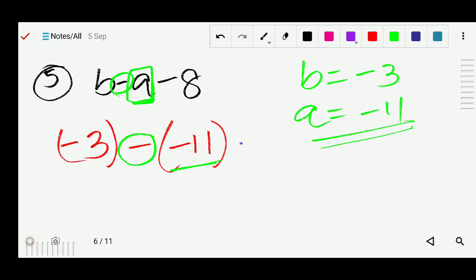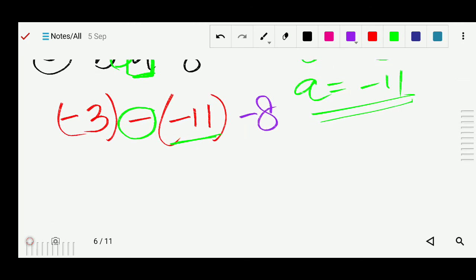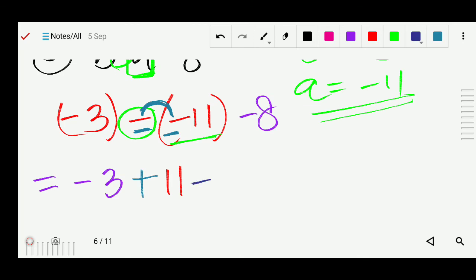Then after minus 8. Now next, we have already studied in the chapter integers how to multiply minus numbers. So here these two signs will be multiplied, because we know that if any sign is separated by the bracket, it means they will multiply when this bracket is removed. So this minus and this minus will multiply. So minus into minus becomes plus. Okay, now then after we can write here 11, and then after minus 8.